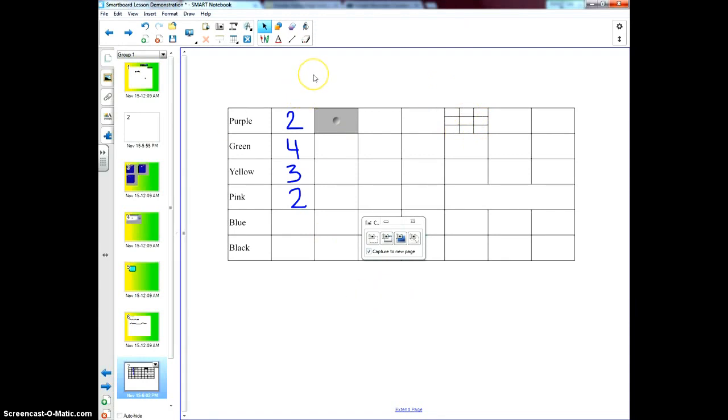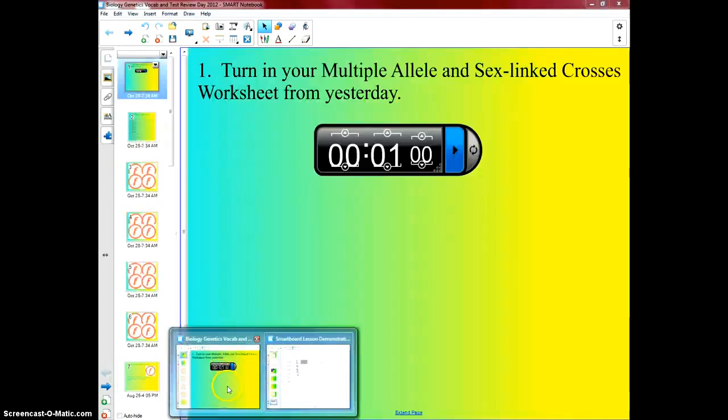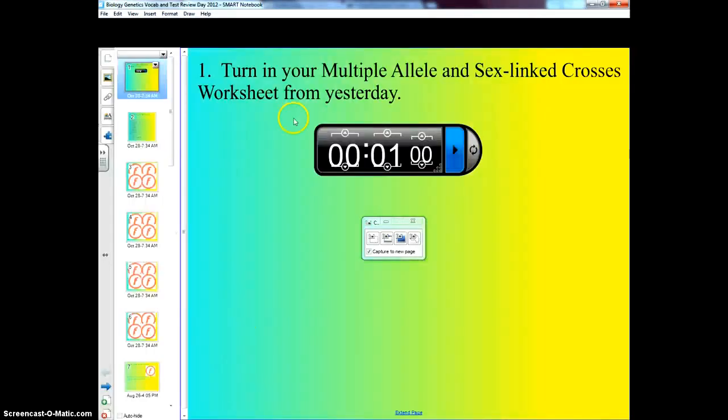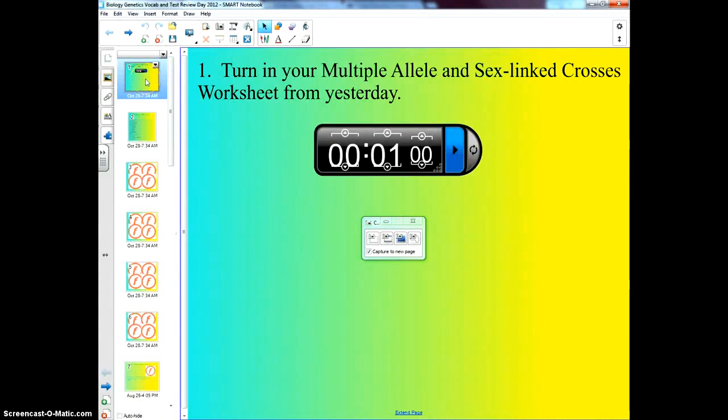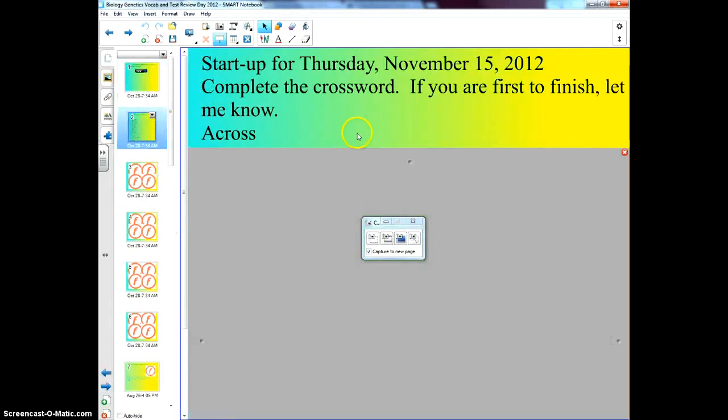if you want to use the Smart Notebook software. I hope this information helps. If you are designing a lesson, this is actually the review lesson that I use with my students. So they had to turn in an assignment first. The crossword answers, I usually open up the number